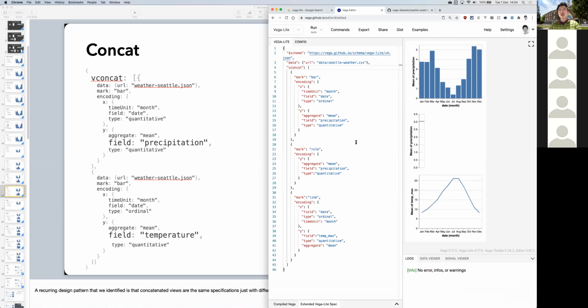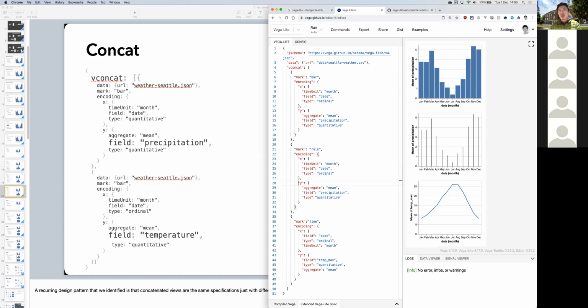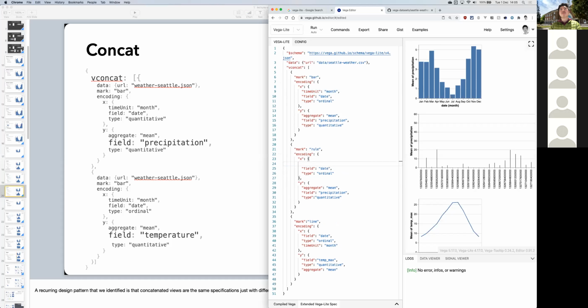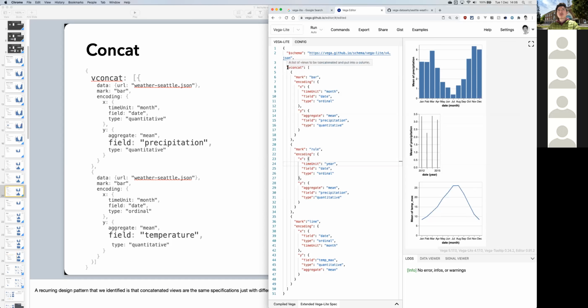But if we go back and give it a little bit of X as well on this side, just make it the same as the other. Okay. Anyway, the main point is, instead of layer, you just say v concat, and again still